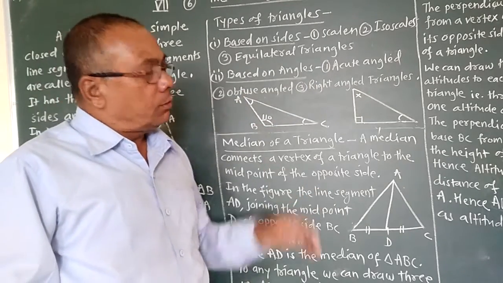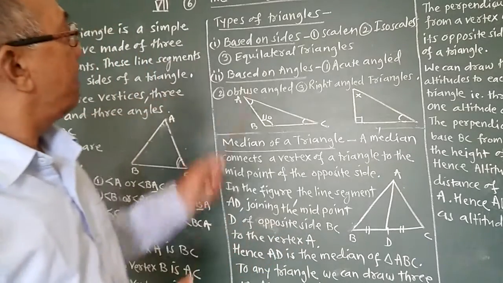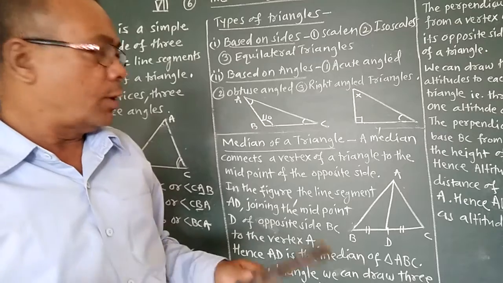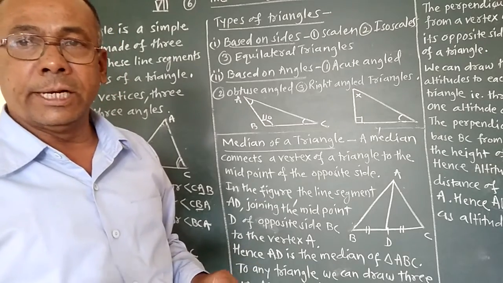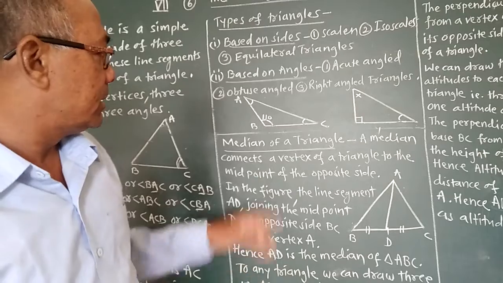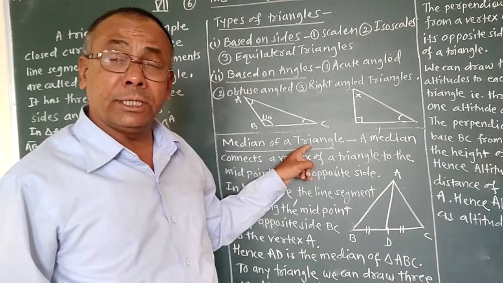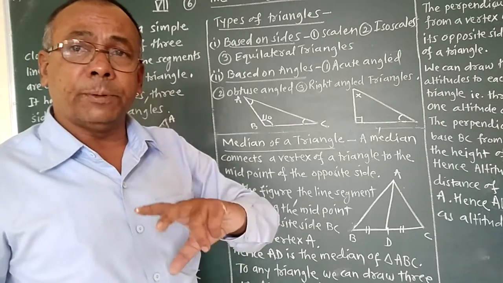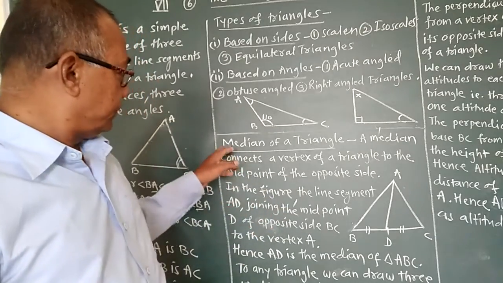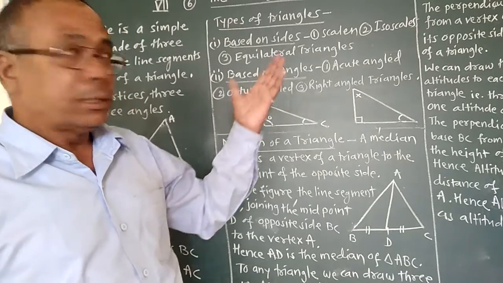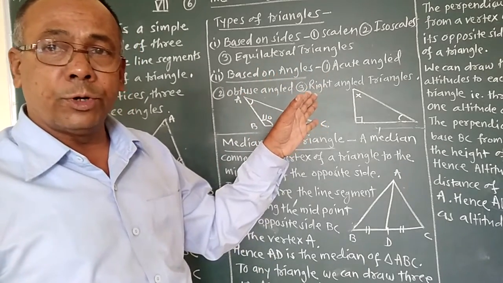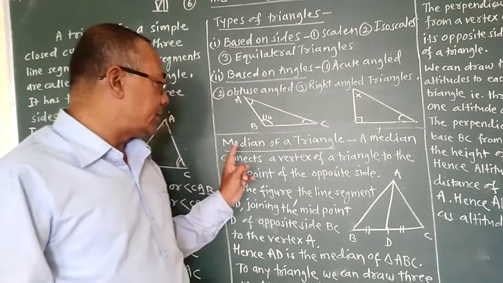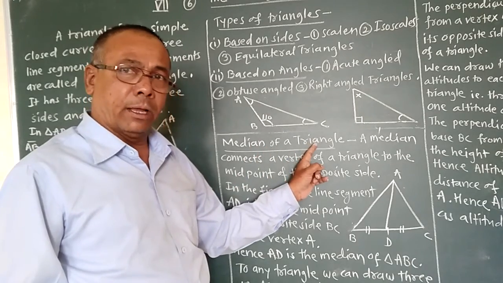Now we are starting our main topic, that is the triangle and its properties. And before starting, we have to see some concepts related to this topic. The first is the median of a triangle. So what is it? It is very important. For the point of view of geometry, these medians, then altitudes, whatever we are going to study now, are very important. So first of all, we will see the median of a triangle.